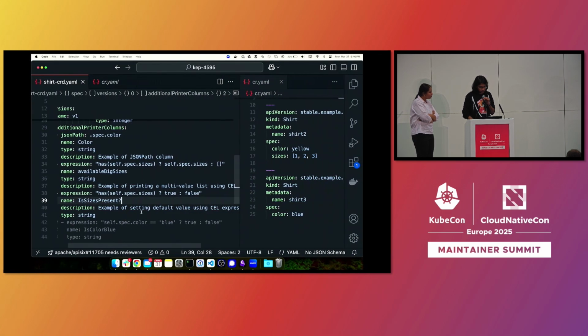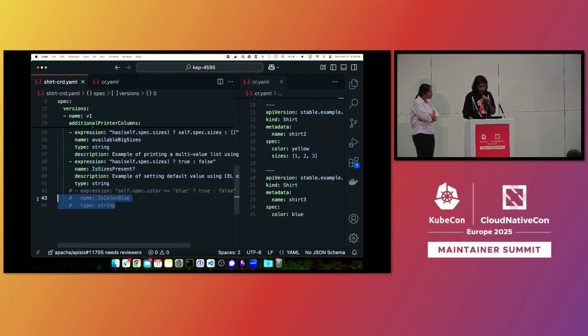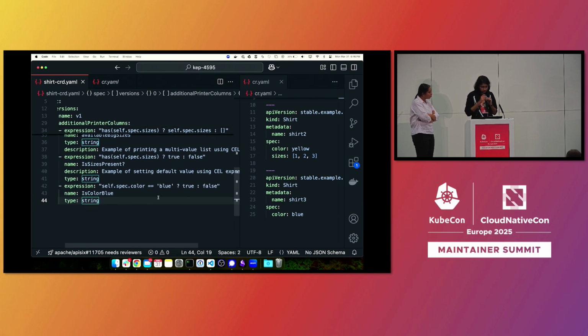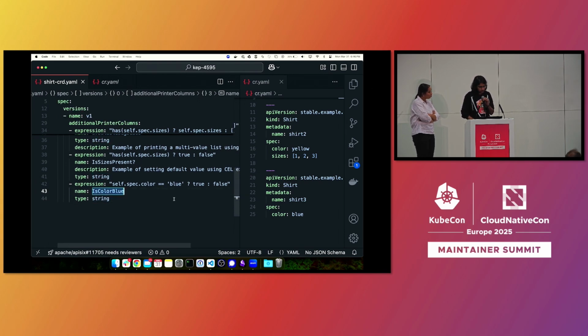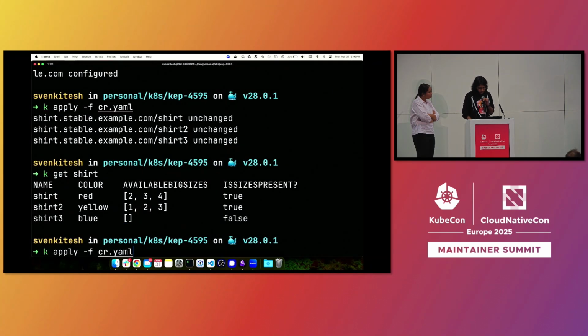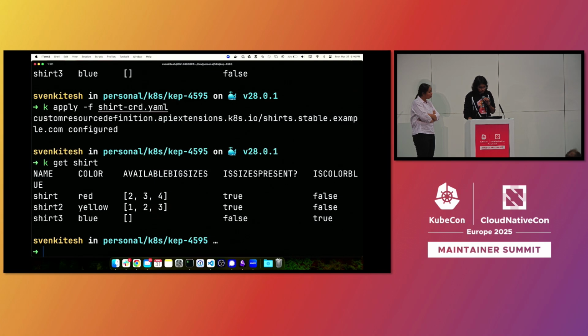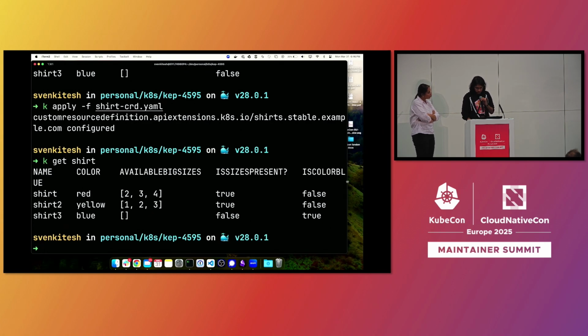And I also want to show a different example. So I'm adding a new additional printer column where the expression checks if the color of the shirt is blue, and if it is blue, then it would return a value of true or false. And the column is named is color blue. So once I apply the change to the custom resource definition again, now if I query for the shirt again,